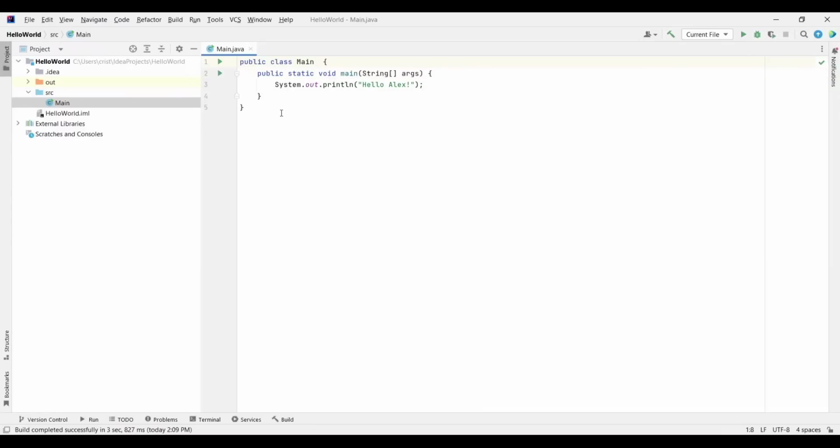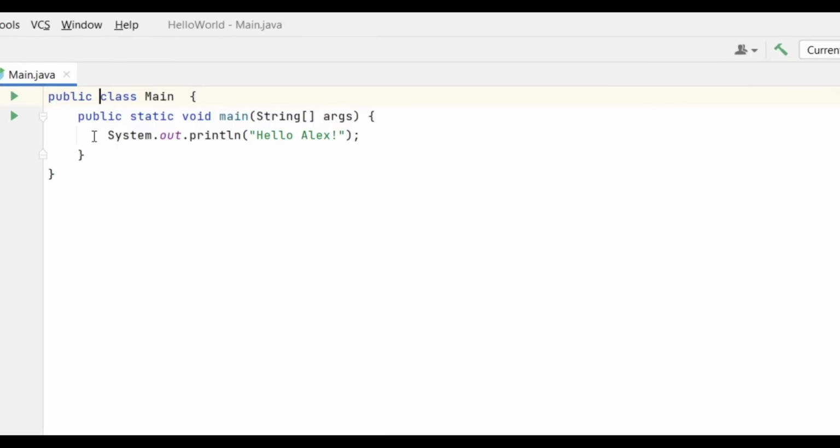So as I said in the previous video, in this video I will explain to you what all this code means. First we have, as you can see, public, class, and we have again public, and we have static and void, and all of those, as you can see, are colored in blue. They are colored in blue because this is the way in which IntelliJ is telling us that they are keywords. A keyword is a reserved word which has a very specific meaning, which cannot be used in contexts other than the context of a keyword.